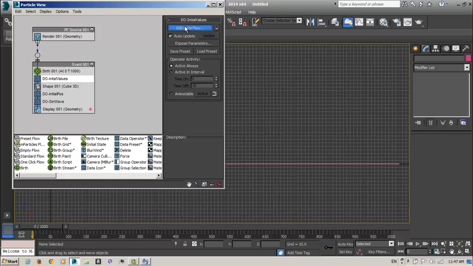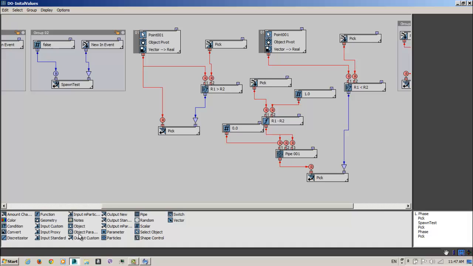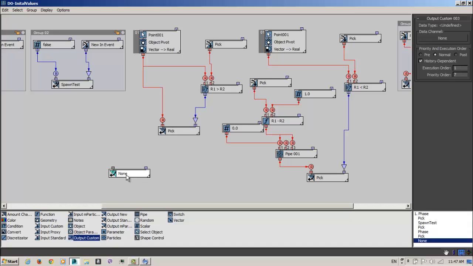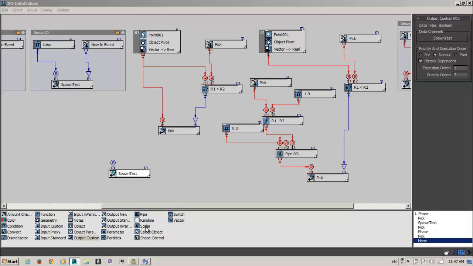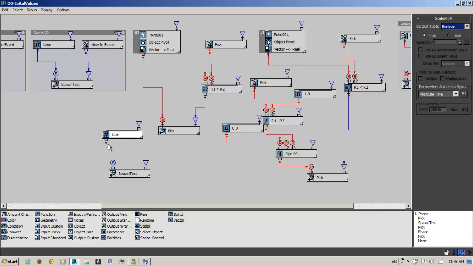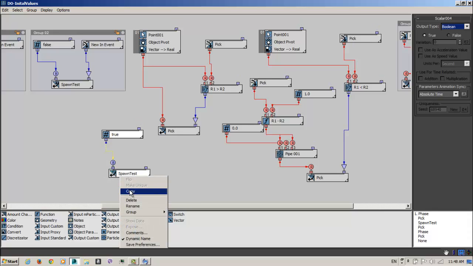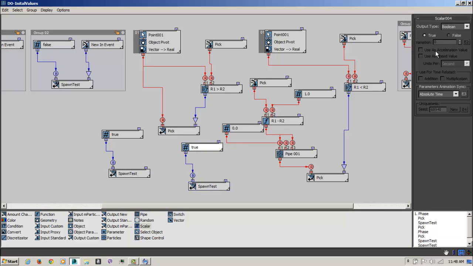Before doing this, I'm going here and say input output custom, and we will have it spawn test and scalar, which will be boolean here true, okay? And I select both of them, copy and paste, and select these two files.